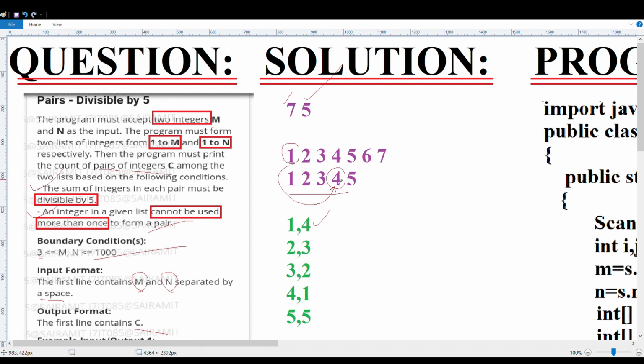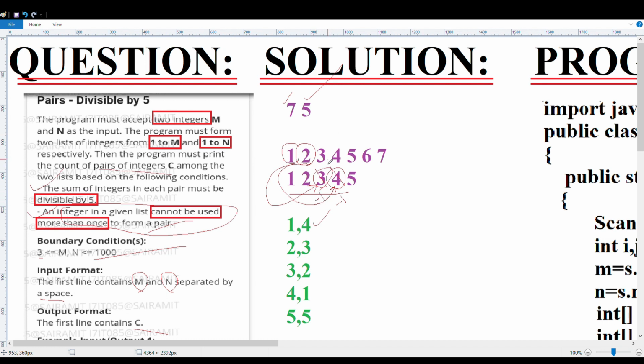So next, you shouldn't take this place, right? As an integer in the given list cannot be used more than once. So you cannot take this place, so you have to replace this by -1. Again then you come to 2 and search for a partner, for a pair which will produce a value which is divisible by 5. So you check with 1, it's not possible, check with 2, it's not possible, check with 3. Yeah, you get it, 5. So 3 will go away and you get -1 here again.